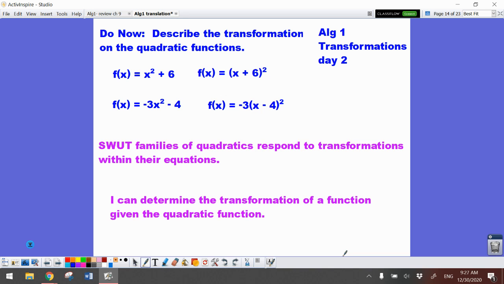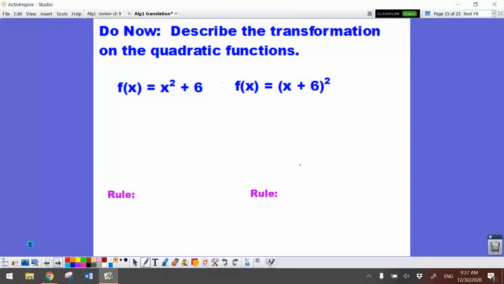All right, let's finish up our quadratic transformations today, where we're going to be looking at all the transformations that a quadratic function can make. So we're going to actually sketch some from the function, now that we've kind of identified the ones that we use the most, okay? So let's go ahead and take a look at what is happening, like what's the transformation that is happening on x squared plus 6. So if you remember back to yesterday, we talked about horizontal shifts, vertical shifts, reflections, and